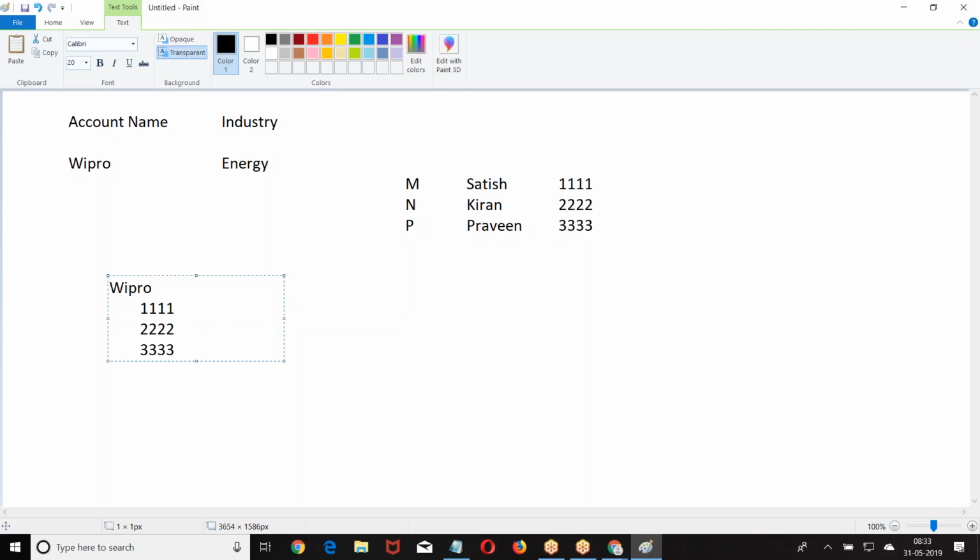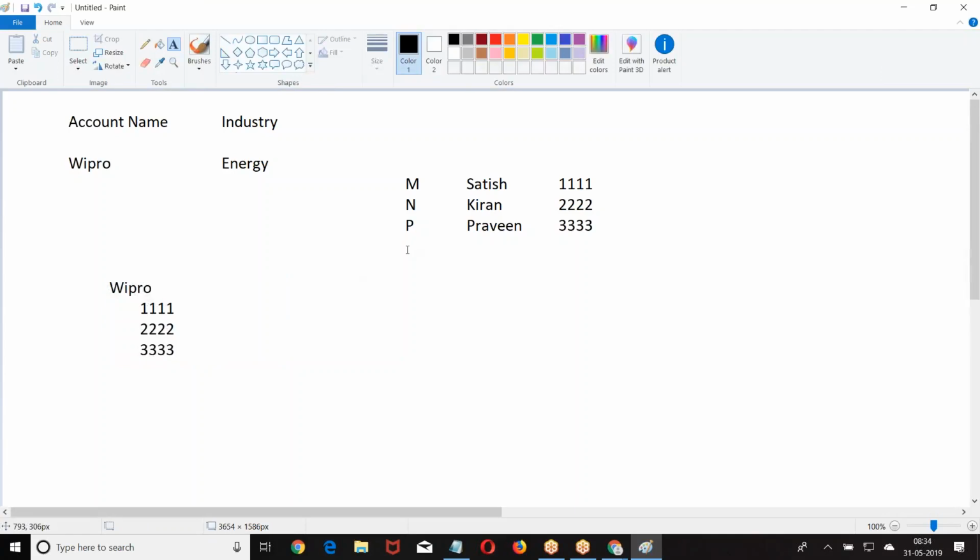Now tell me how will you achieve this? Now it is not one account, one contact. It is an account with a list of contacts of the account. Contacts' phone numbers. I don't want all the contacts. I want only the phone numbers of the account. Tell me how will you achieve it? Do you have any predefined data type called list of phones? You don't have any predefined data type called list of phones, account name with a list of phone numbers. Then what will you do? The wrapper class. Are you getting my point?